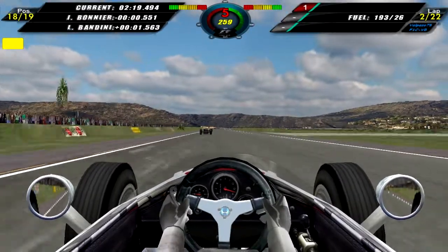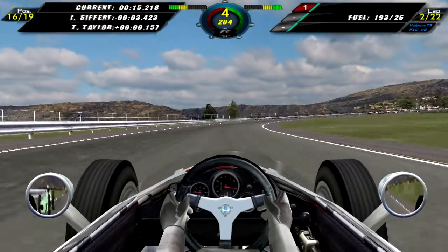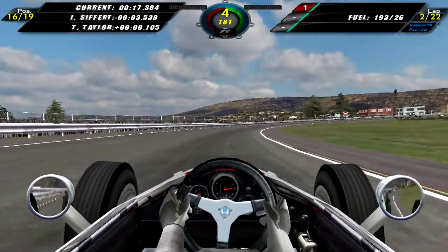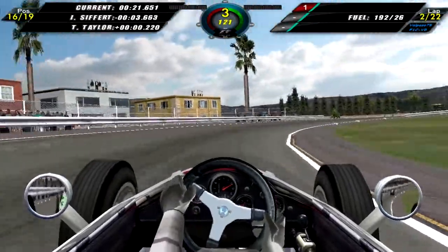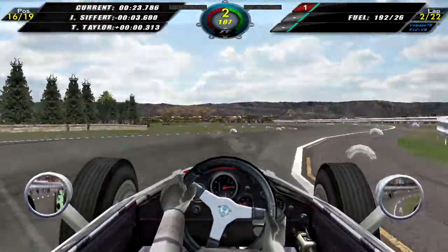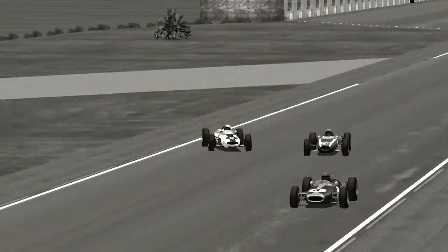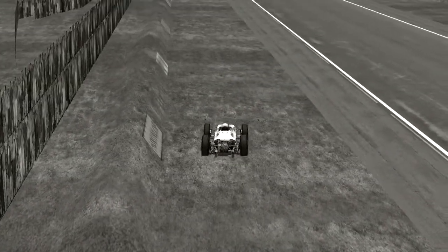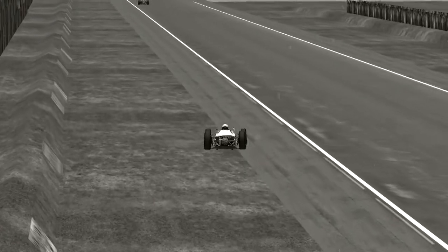As we start lap 2, Lorenzo Bandini is at the side of the track. Something happened to his car, and there are a couple of other cars going very slowly, so we move up into 16th, which is quite nice. Chasing after Joe Siffert at the moment as we take a look at a replay of Bandini, who touches one of the Coopers, I believe that was, loses control of his car, ends up at the side of the road, and for some reason decides to...